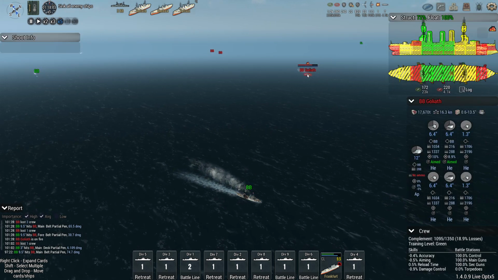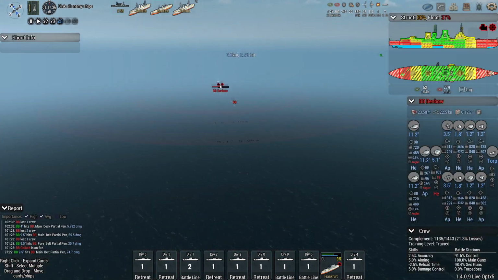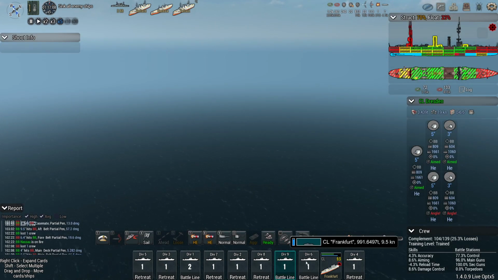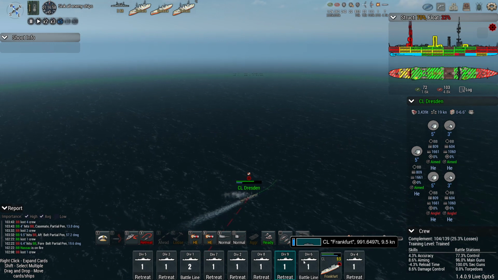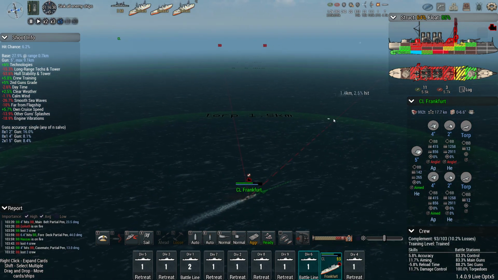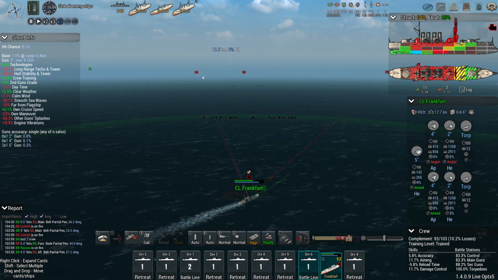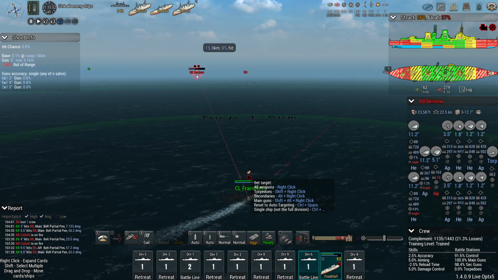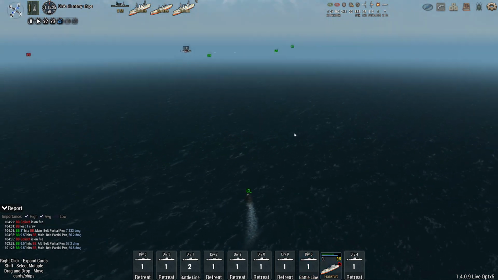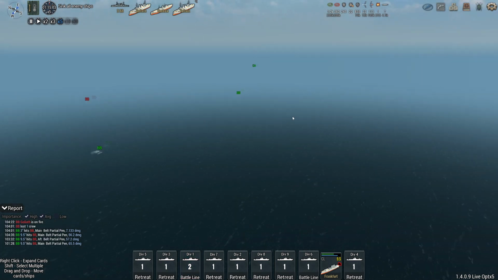Good hit. Cruiser Dresden for 6. Make sure you retreat, and then I know what ship to select. With 9.5 knots, Frankfurt is not very fast. Neither is that battleship there. And that is what interests me. Now, seeing we can't run away anyway,